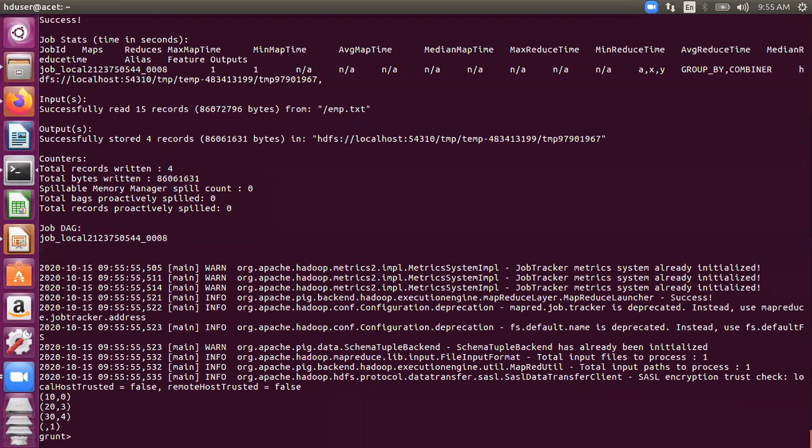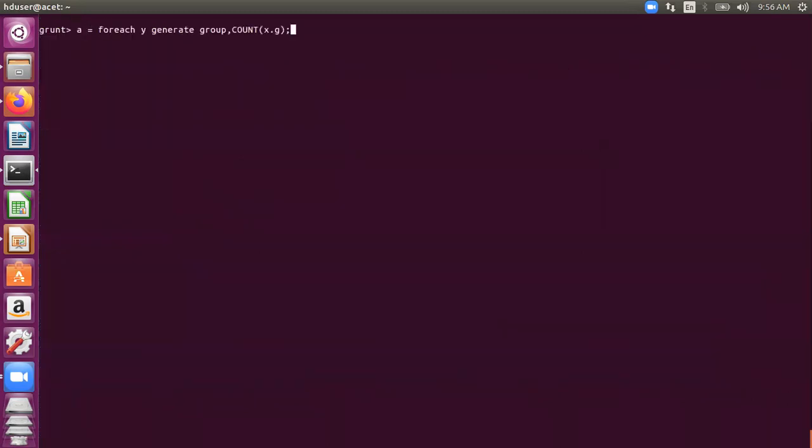that nobody gets commission in department 10. Only 3 people get commission in department 20 and 4 people get commission in department 30, and there's a null department also in which the person is getting a commission. Now extending this discussion on count, if I use this function instead of count, what output do you expect? If I use count underscore star, there is a count underscore star function.